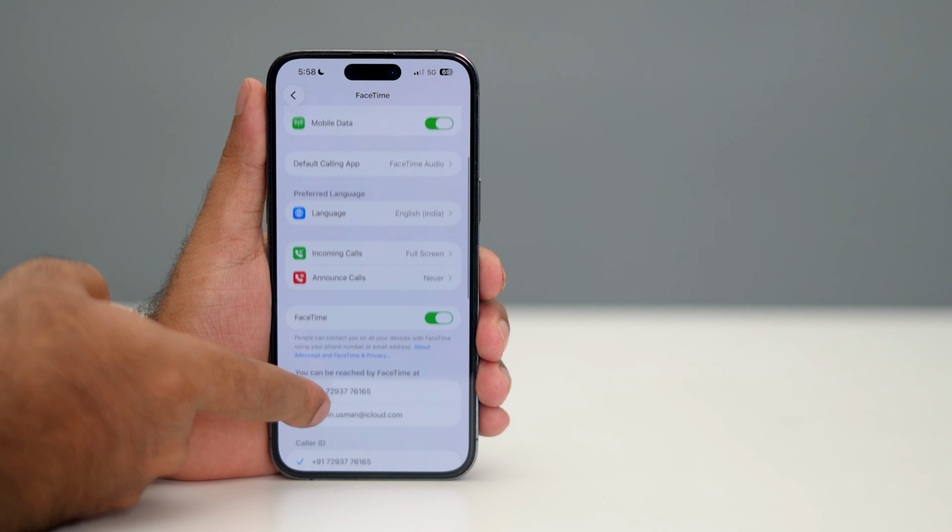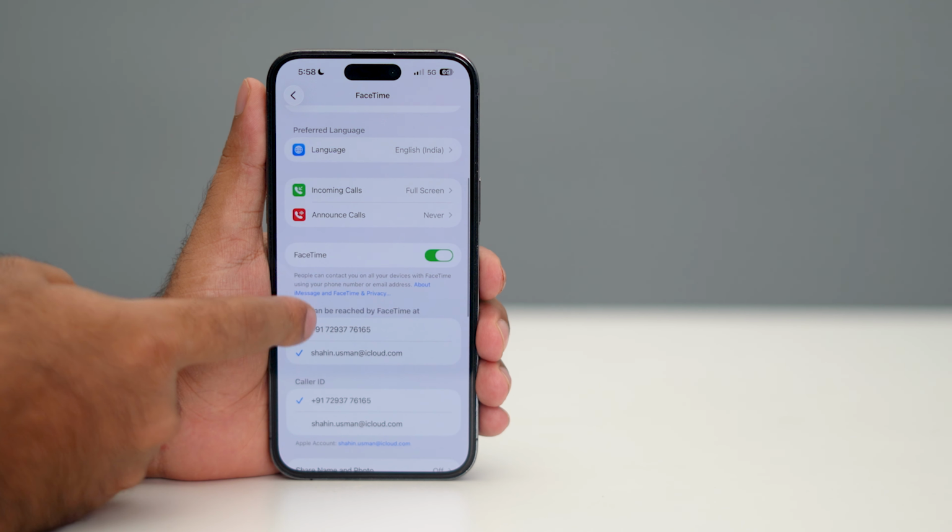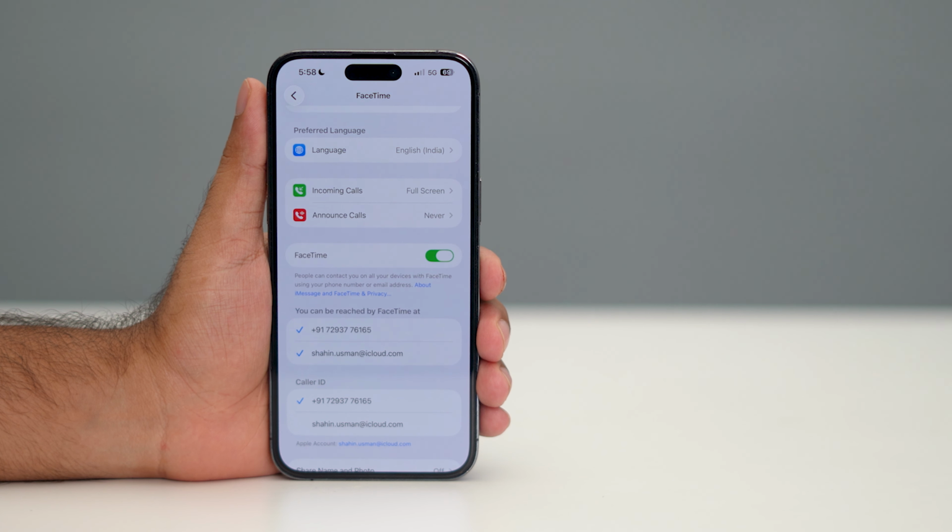Now from here, make sure FaceTime is turned on like this. If it is turned off, you have to turn on FaceTime. Then you have to give your number and the email ID. As you can see, you can either give the mobile number or the email ID over here like this. Once you give the number and the email over here,